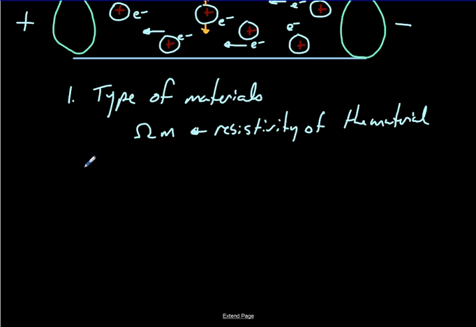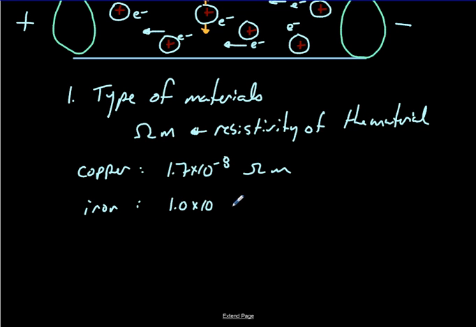Okay. I'll just give a couple of samples. So copper would have a resistivity of, let's see here, 1.7 times 10 to the negative 8 ohm meters. And let's just do another one for interest's sake. Let's try iron, a little bit poorer of a conductor. And then maybe we'll try something that is an insulator. So let's say Teflon. I don't have an exact number, but